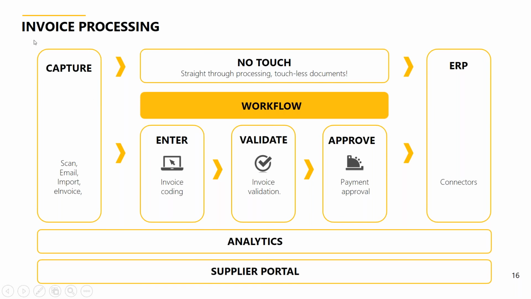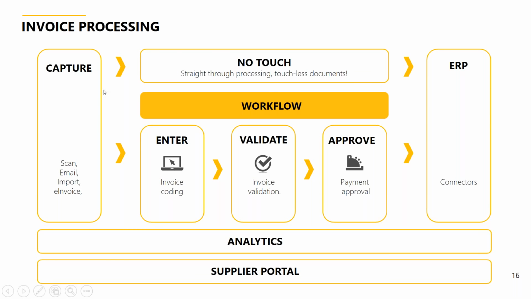And really at this stage here, we've got on the left hand side of the screen two elements. First one is, how do we capture invoices coming into the organization? Don't care what type, don't care what format, how do we capture them and put them into a standard format that we can use internally? And you can see down here we've got scanning, so that's paper, email. We might have these directly imported or e-invoicing, which we'll come back to. And another aspect to this is, can you tell your suppliers what format and structure you want to have them in? Good luck with that one.